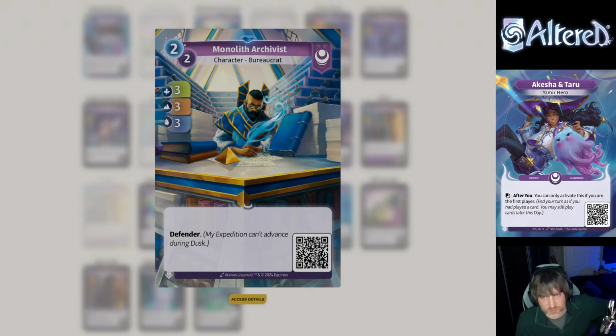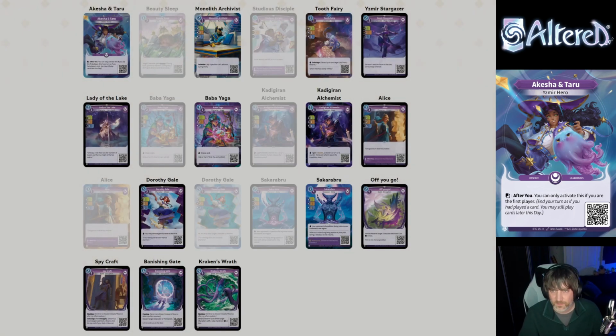Was not in the Orders starter. We talked about it in the Orders video anyway. But this is an interesting 2 cost 3/3/3 that cannot win you the expedition, but can stop you from losing one. So with my picks here, I really doubled down on trying to get the most character